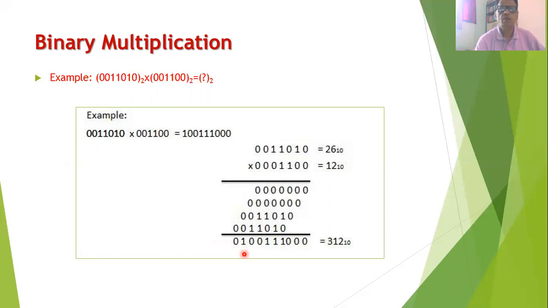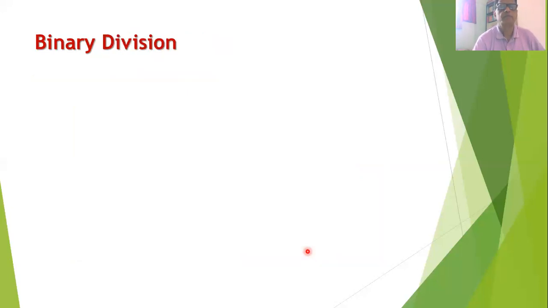0. If you are not sure about this multiplication, then you can always cross-check it by converting the binary numbers into decimal equivalents. Say the first number is 26 in decimal, the second number is 12 in decimal, and when you take the product of these two decimal numbers, the result is 312. And when you convert this binary number into a decimal equivalent, you will find that it is the same as 312. So the multiplication done by you is the correct one.